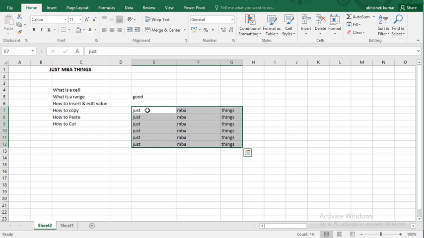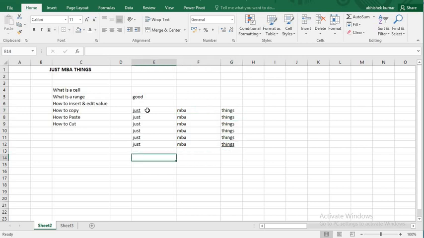A range also has a reference address. In order to find the address of a range, we need to figure out the first cell and the last cell of the range. The first cell of the range is this, E7. I'll underline this, and the last will be this.